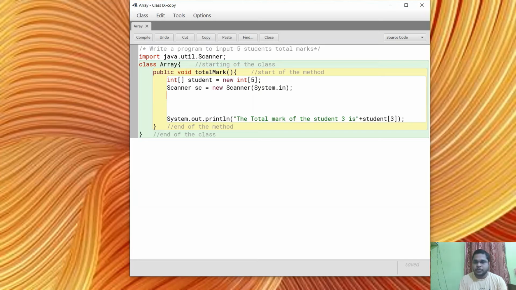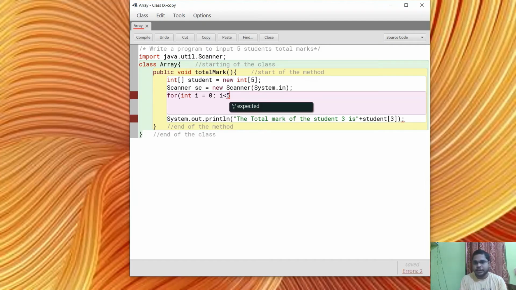Now we have to input into the array. That is the user input, right? So how to do that? Simple, we use the for loop. Here int i equals 0, i less than 5, because my array size is 5, and then i plus plus.